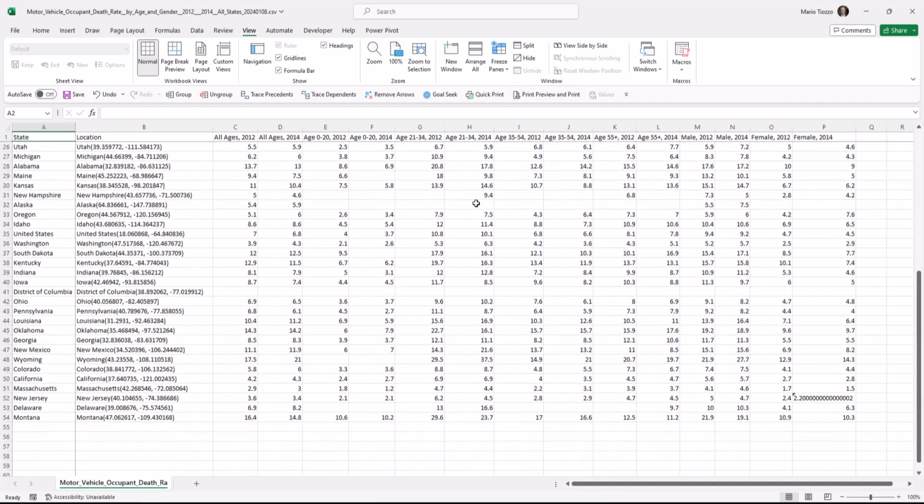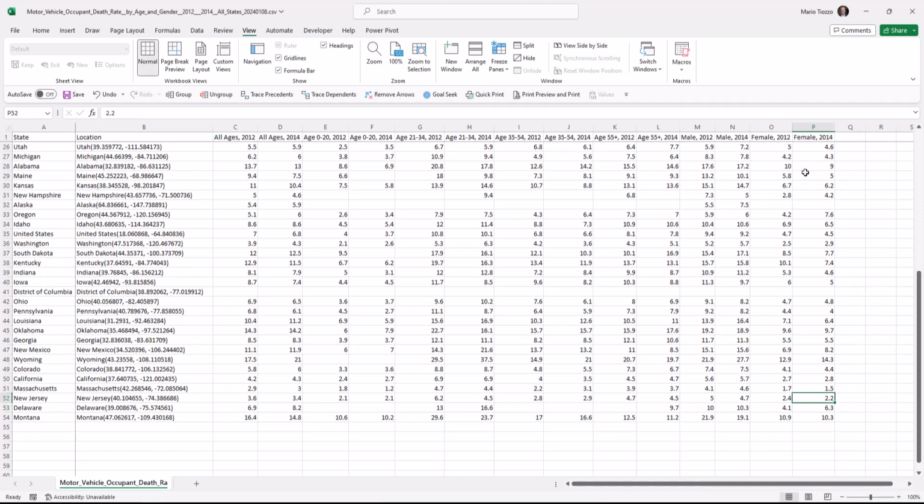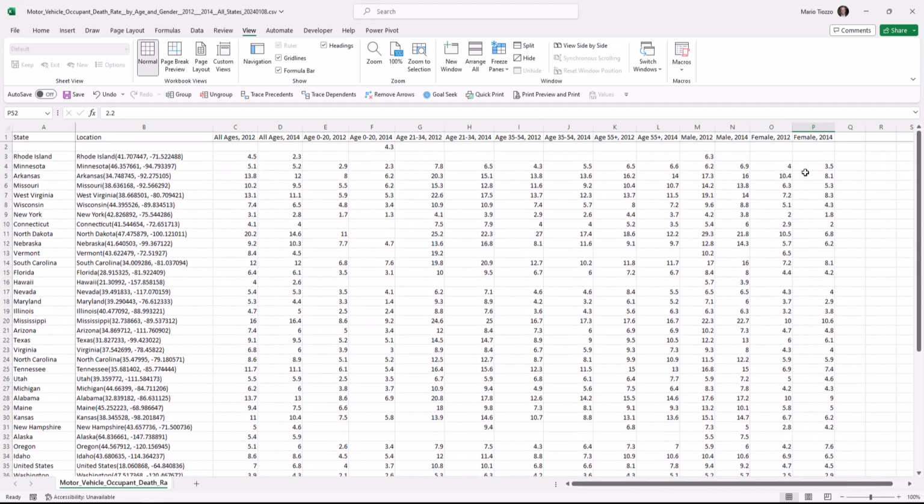So let's explore the data a little bit more. Note that over here in New Jersey, female New Jersey, which is cell P52, there's a little apostrophe in front of the number. This tells Excel that this is actually text, which in this case is incorrect. I'm not sure why that happened. It didn't happen in all my Excel experiments, so you may not be seeing this. This might be correctly identified as a number. In this case, it's not. So I'm just going to remove that symbol, and it'll revert back to being a number. Then right size the column as well. Perfect. Okay, we are now ready to start analyzing our data.